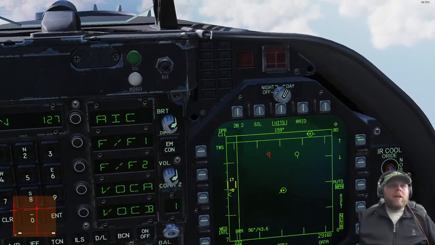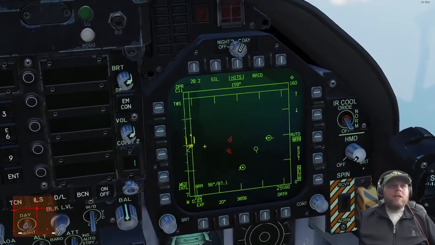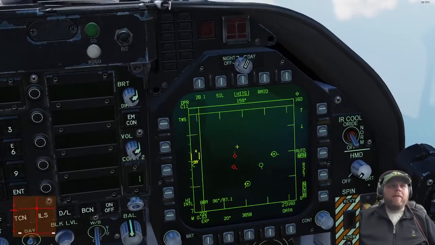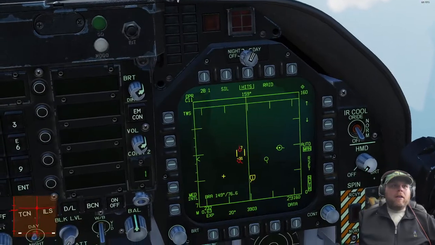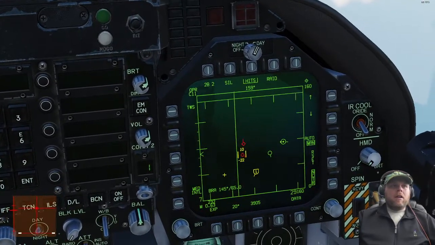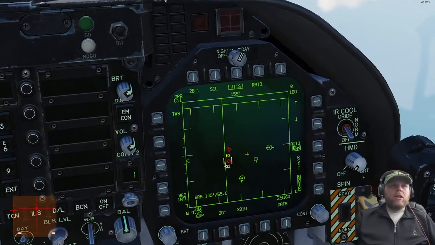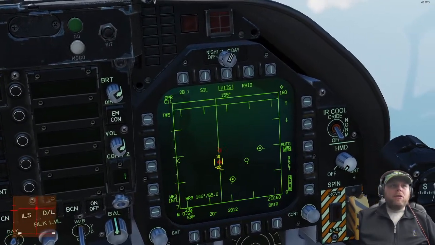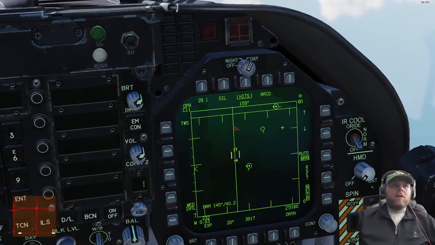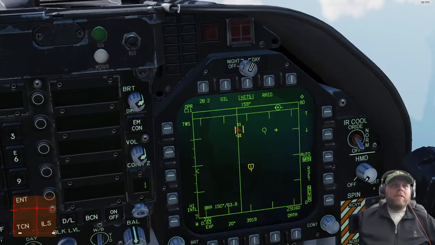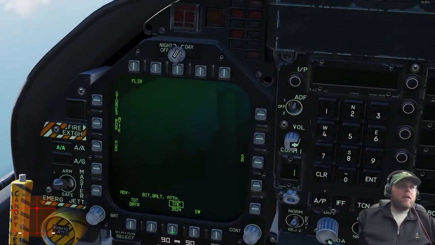So there's 2 enemy, I got 2 AWACS in the sky. These 2 guys are telling me, and we'll zoom out even further, just so we can see them. Even though my radar's not looking at this part of the sky, I have information on that part of the sky. So if I come over here, I should be able to get information on this. Now he's probably too far away, 65 miles. And he's not too far away. I don't have any information on his altitude on this screen,